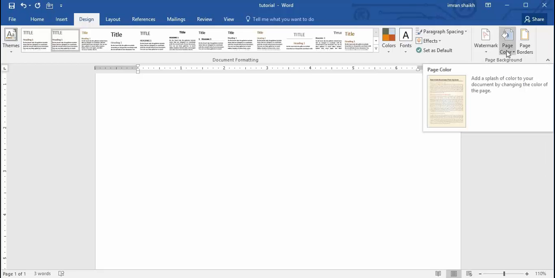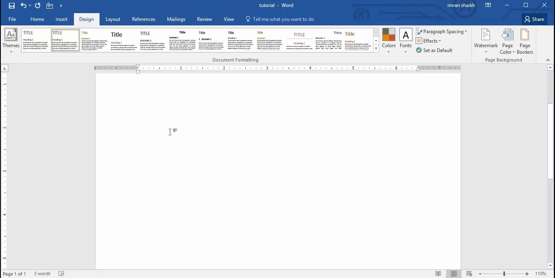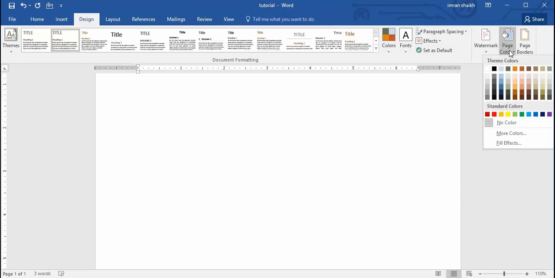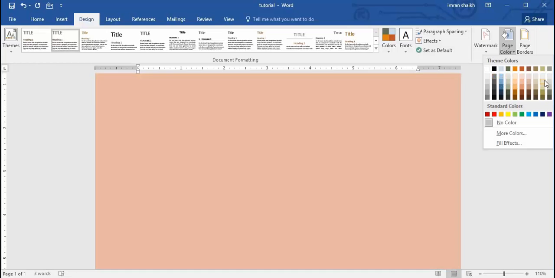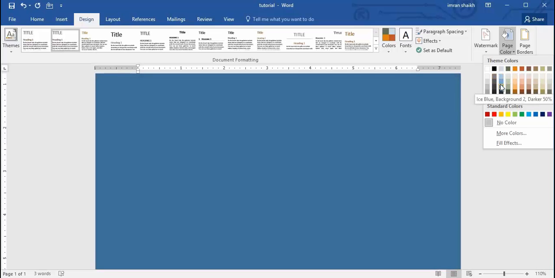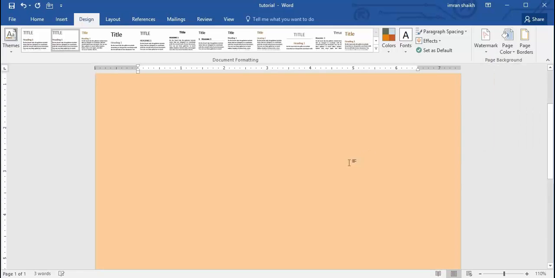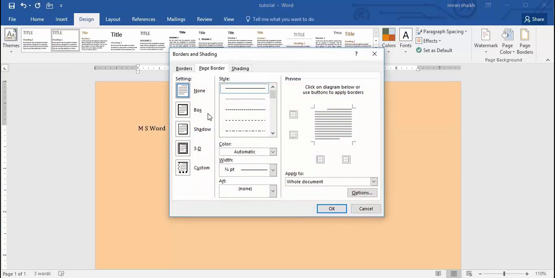And page color. If you want to apply some other color to your pages, you can do that by going into this page color command, and selecting any color suited to your requirement. Once you select the color, see, now I have applied a color to my document. And if you want to apply page borders, you can select any type of borders. See, solid border. If I click OK,